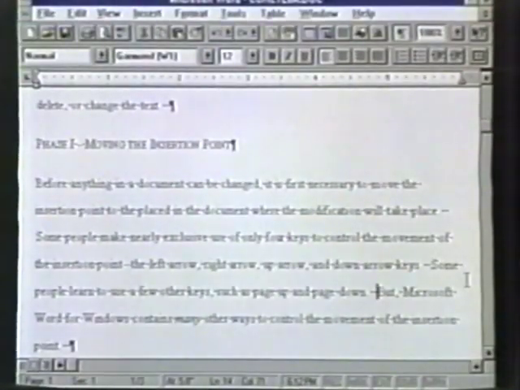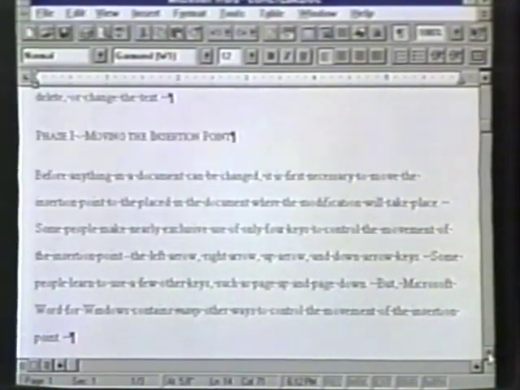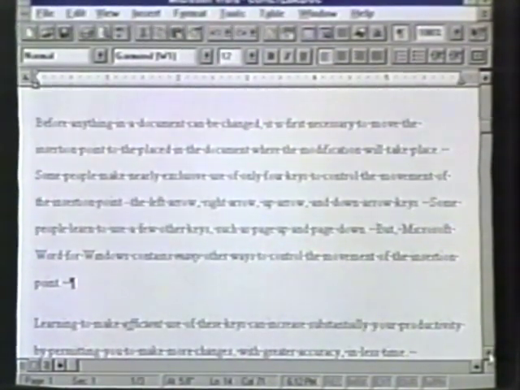Our next target is in the first line of the next paragraph. It consists of reversing the order of the words increase and substantially. If this text is not visible on the screen, it will be necessary to scroll the document up a few lines. When the first line of the paragraph is visible, use the mouse to move the I-beam into either one